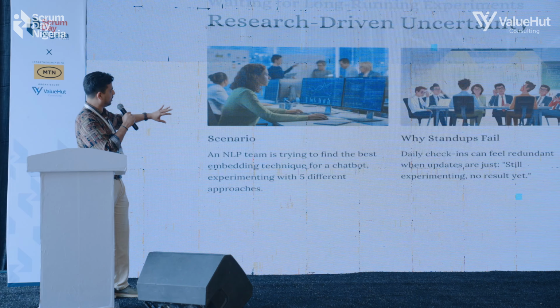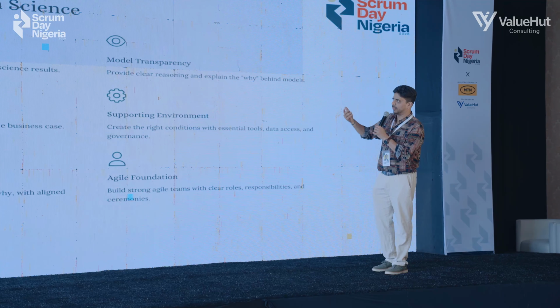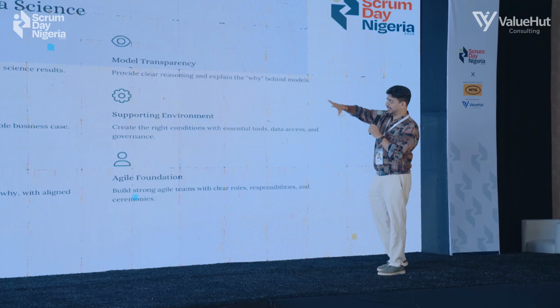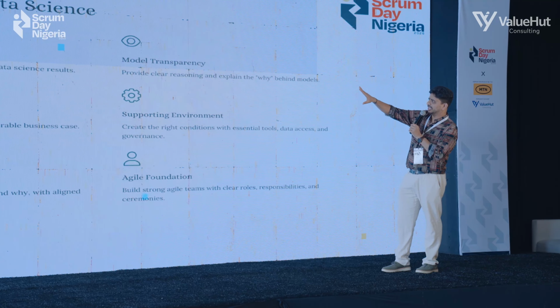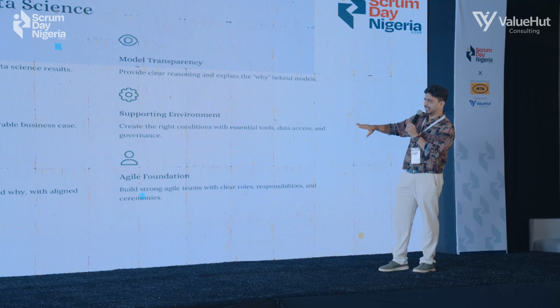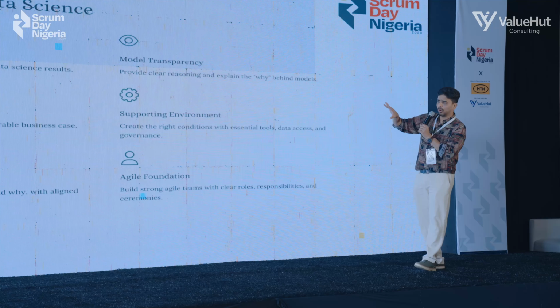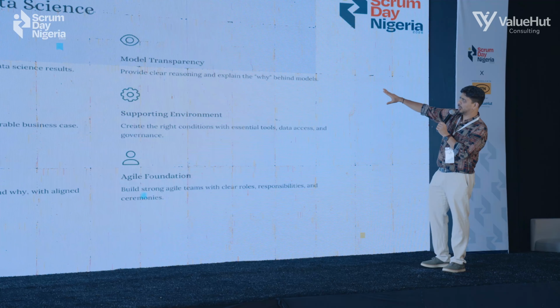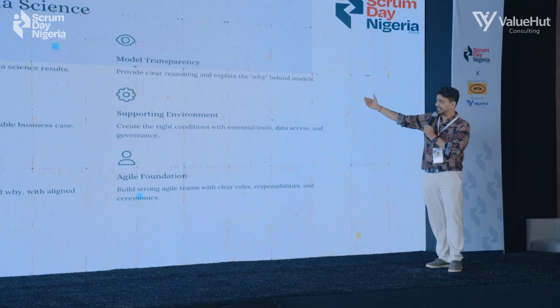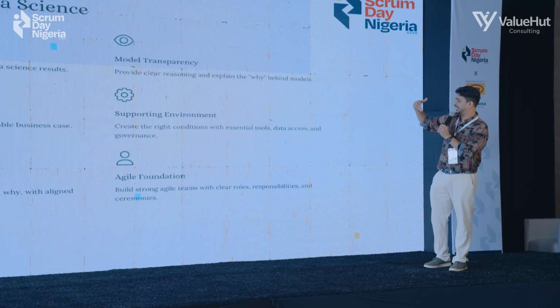As I said, data science is not incremental in nature, right? There's a lot of inferences, a lot of experimentation, and a lot of outcomes and learning that's important. So one of the most important team goals, just like sprint goals for Scrum teams, is that you need to understand what predictable outcomes you can make, what measurable impacts your model can make, how you can support it through model transparency, explaining the logical reasoning behind why you are building that model, and you should be ensuring that your supporting environment, meaning the data quality and the data governance, is taken into consideration.